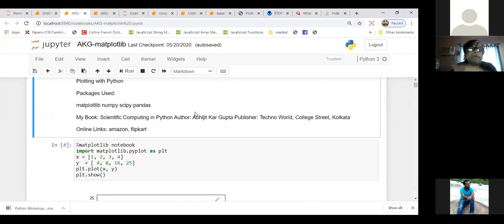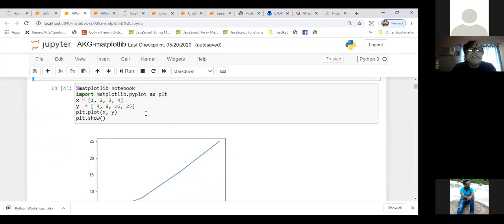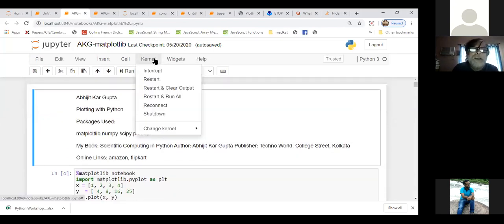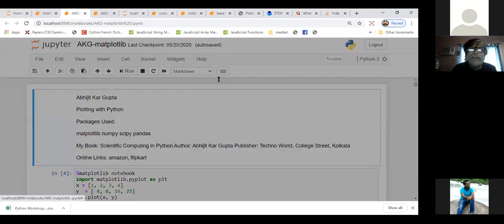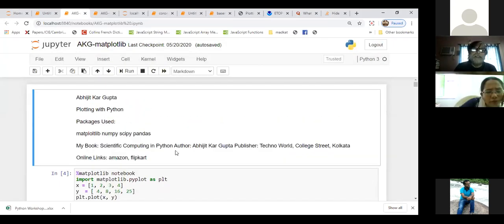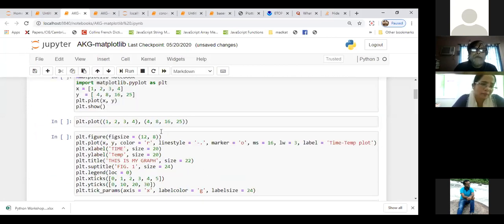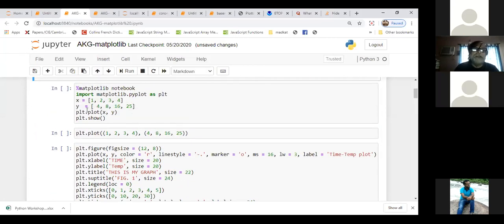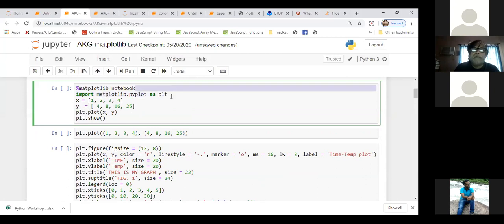We opened this page and we began to type on these cells. Okay, so I'm just quickly going through it so that you can remember what I did. It will take little time, then I will proceed. This cell is for information. Import matplotlib.pyplot as plt. Then I created one list x: 1, 2, 3, 4, and y equal to some other list. Then I wrote plt.plot(x, y).